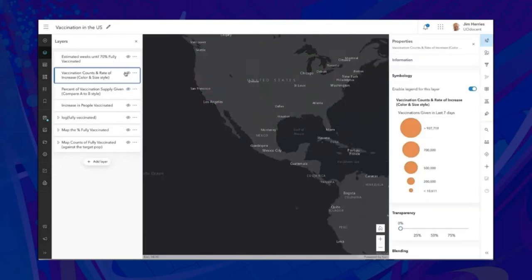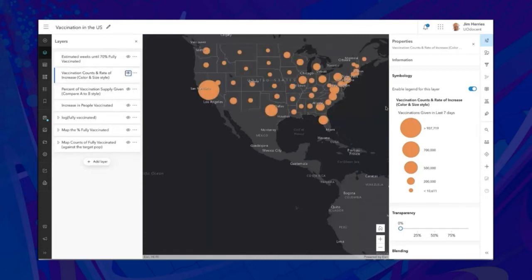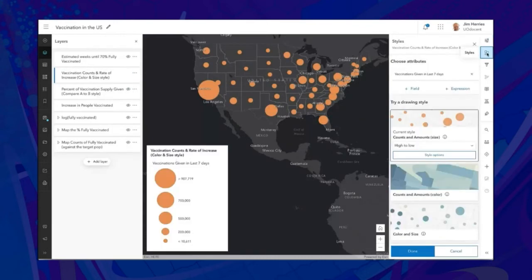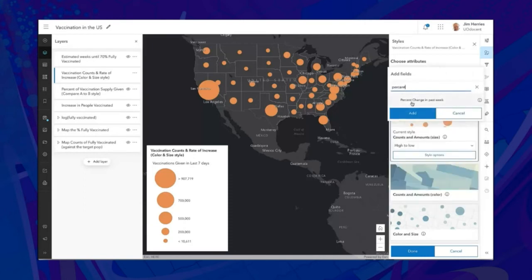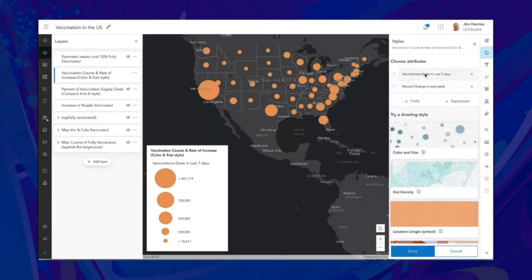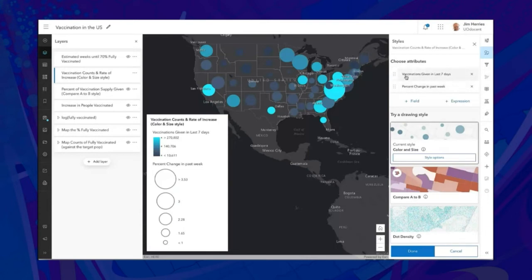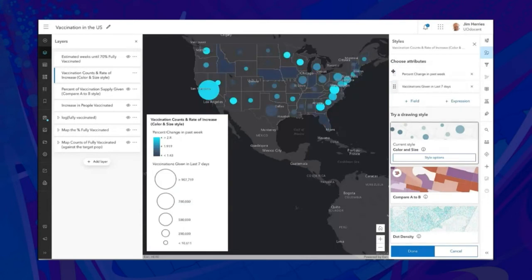The other question I had is, what's the pace at which these vaccinations are being given out? And so I did a little extra calculation for each day in the Johns Hopkins data set. I calculated how this number has changed in the previous 7 days as both a count, but also as a percent. So if we go find my field and add it, I'm now looking at a count and a rate. If I put the rate on top,